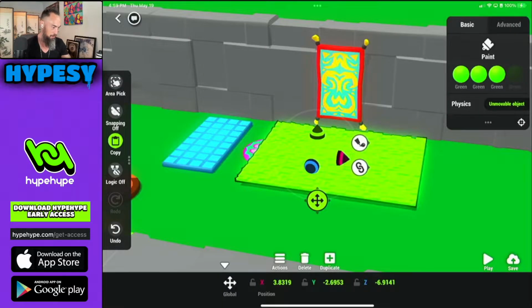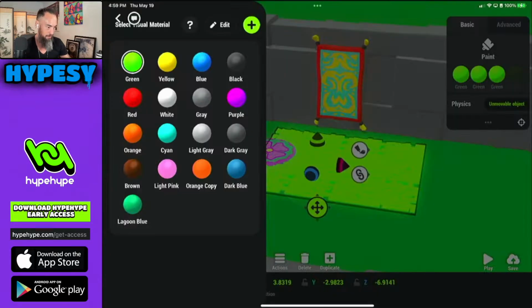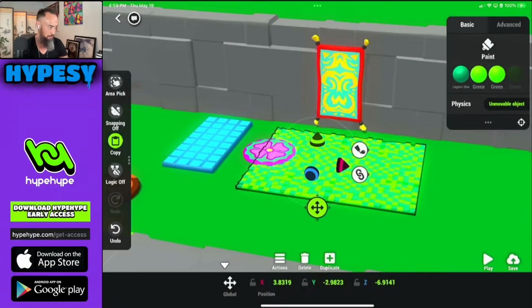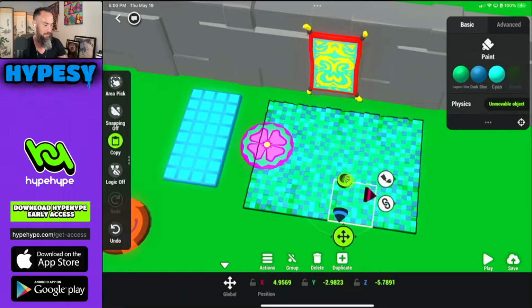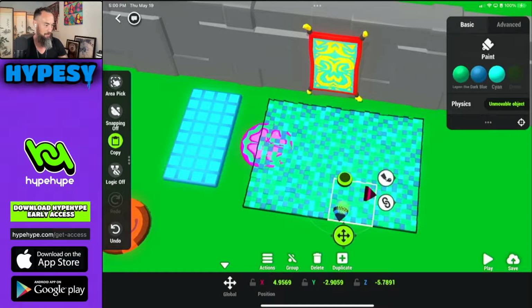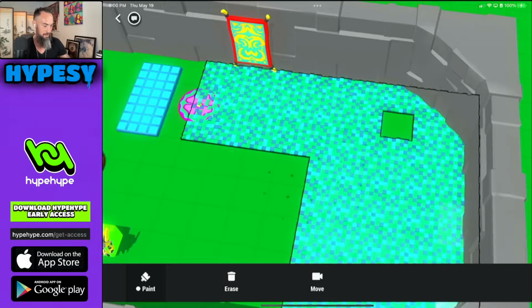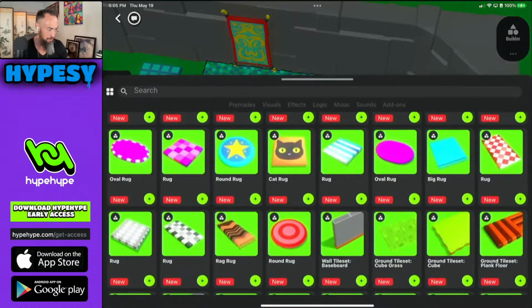And this is cool. This is like a new grass tile set. This green is super green. Let's do, ooh, look at that. Look at that. That's cool. I don't even know what that is, but we can put that over here. And let's go ahead and paint this. Let's check out some of the other assets.